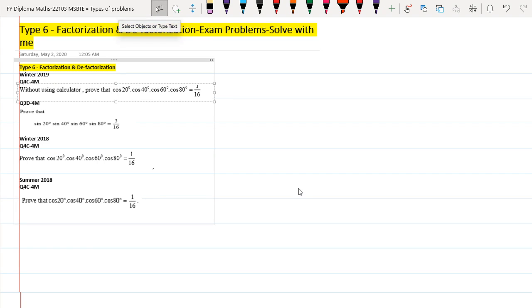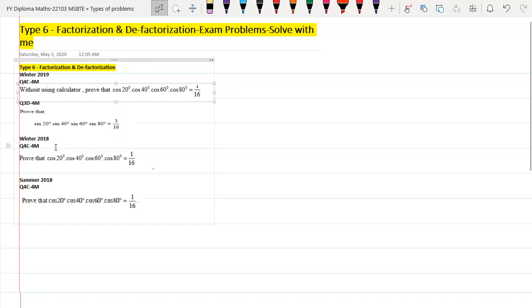Okay, let's start solving a couple of problems in real time, like I told you in the last video. These are examination problems, so let's solve them together. That's why I have written "solve it with me" instead of pre-writing it. So I've taken some examples of problems that are related to defactorization,